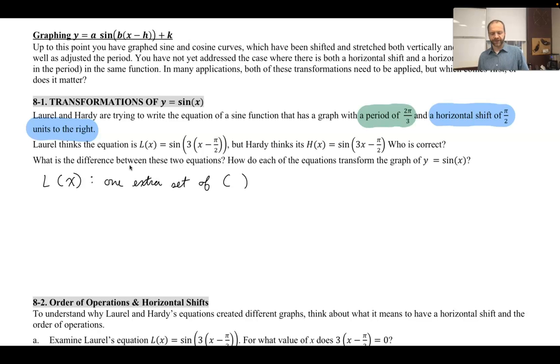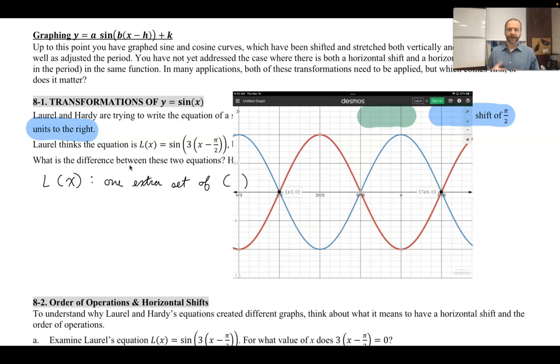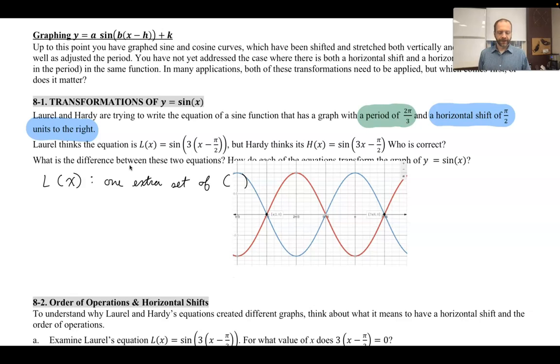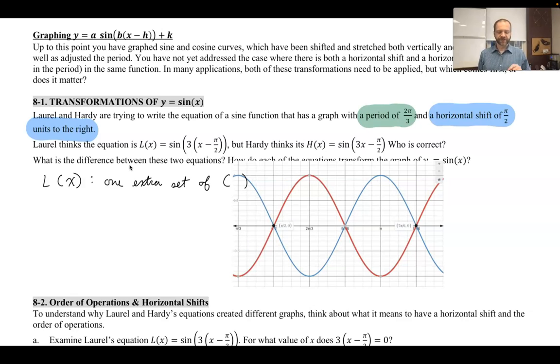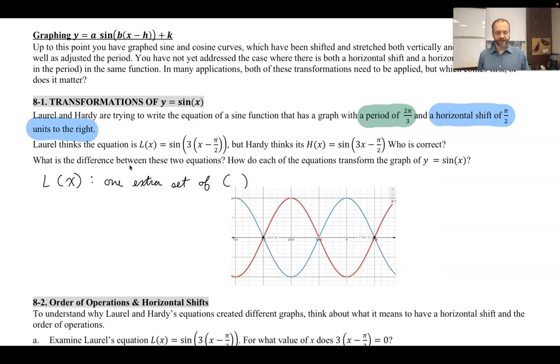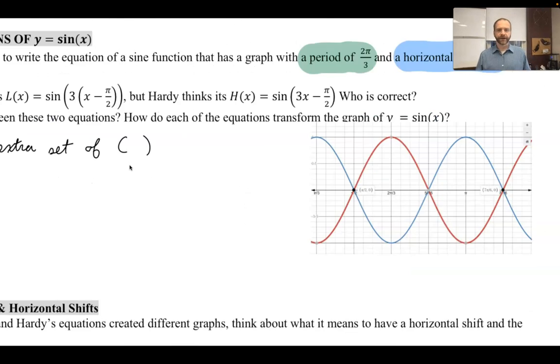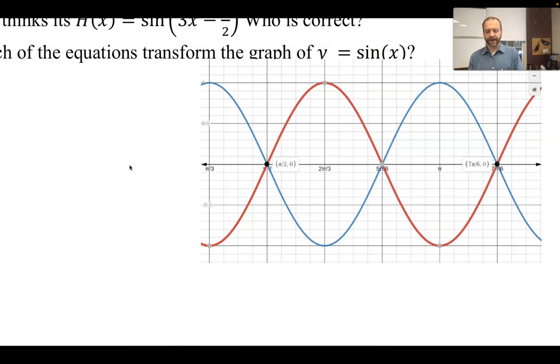So I have it here, and I took a picture of it. Let's drag it over there, and lo and behold, here it comes. All right, so when we're trying to figure this out, we know a few things. We know that we are dealing with a period of 2 pi thirds, and a phase shift we already figured out. So here's my graph, and if I think about it, I am starting at pi halves. So let's move this out of the way, and we'll write it down to the side of it. All right, so I'm starting at pi halves,